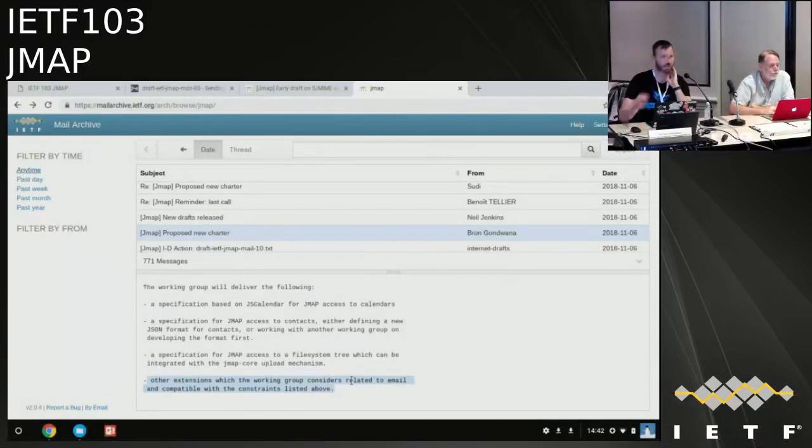Personally, in terms of ordering, I would say JMAP calendars makes a fair bit of sense to do, because I don't think it's going to be too complex with JSCalendar already in last call at CalExt as well. It is pretty much a combination of that data format plus JMAP core for the synchronization, and a small amount on top to talk about scheduling. It's fairly straightforward. To be honest, if we just add JMAP calendar now and then recharter again, I don't think it's going to be a problem, especially if the working group has a good track record of completing stuff.